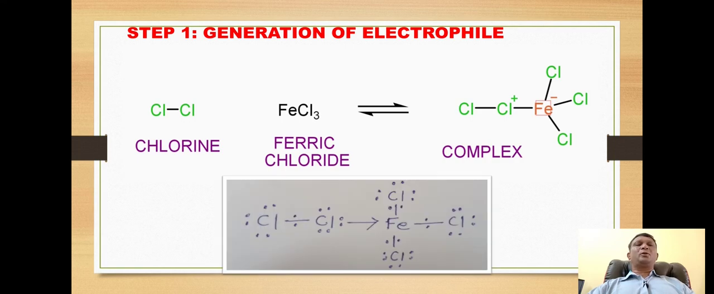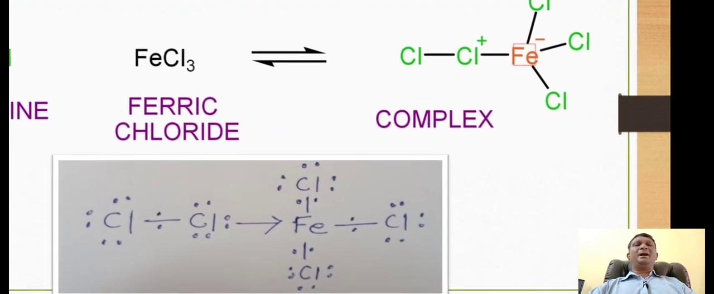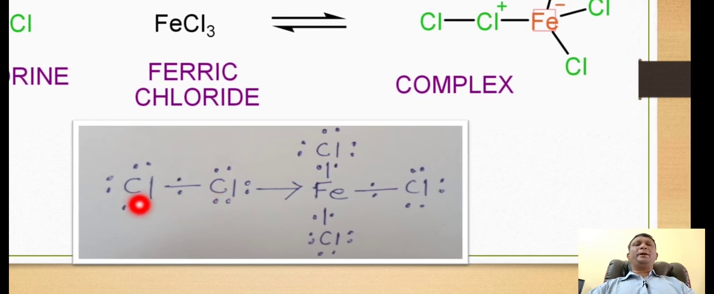If we look at the electron dot structure, we can find that in the chlorine molecule, two chlorine atoms are attached with each other by a sigma bond, while in case of FeCl3, the iron is attached with 3 chlorine atoms by 3 sigma bonds. But in this structure, the iron is surrounded by 6 electrons, only 2, 4 and 6. Hence, to complete its octet, it is in need of a pair of electrons which can be shared by one